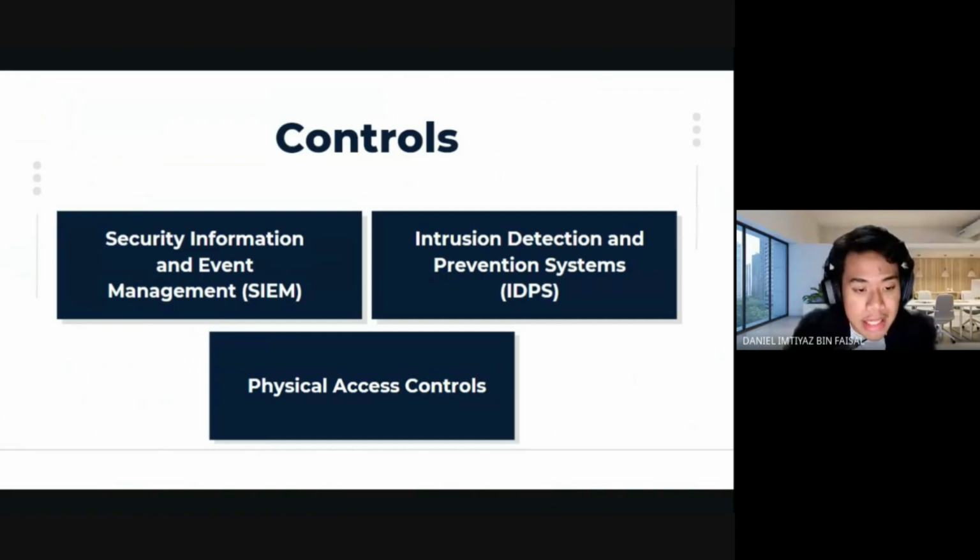Next is physical access controls. Physical access controls are implemented to prevent unauthorized access to the SCADA system infrastructure. This includes securing server rooms, data centers, or other critical locations where SCADA systems are housed. Physical access control may involve measures such as access cards, biometric controls like fingerprint scanners, security guards, surveillance cameras,